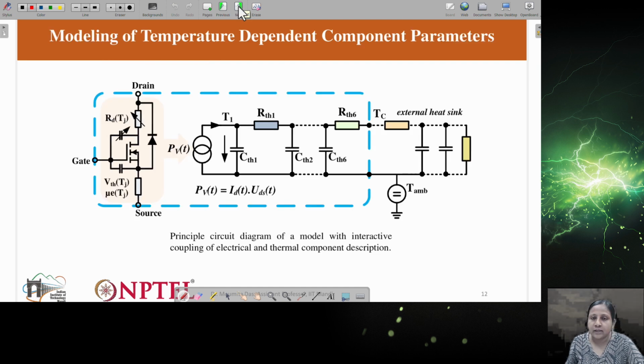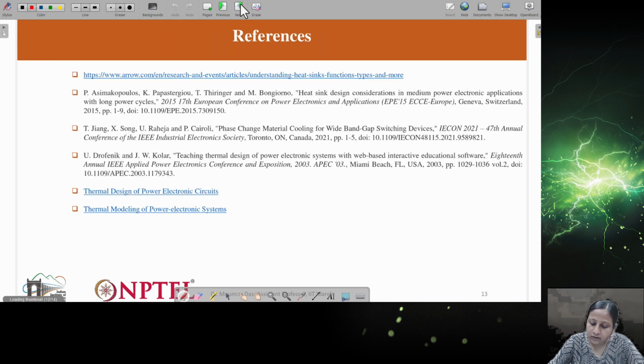So this is how we can actually represent any switch. So if any switch is there, this particular switch we can represent by considering the Cauer model. So these resistances and capacitances, multiple resistances and capacitances, we can consider, and then we'll get the case temperature here. So this is the node junction temperature, this is the case temperature, and after that the heat sink can be connected. Okay, so more about this I'll be discussing in the next class.